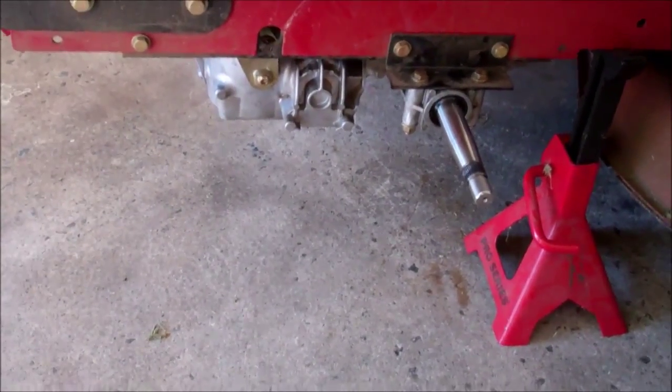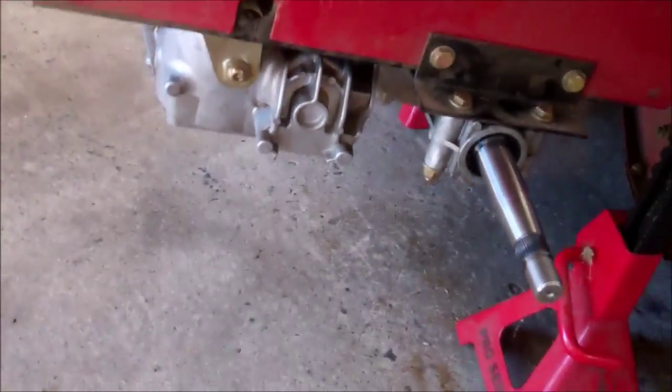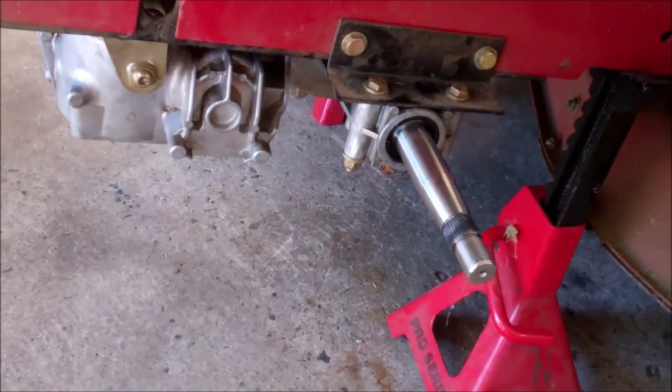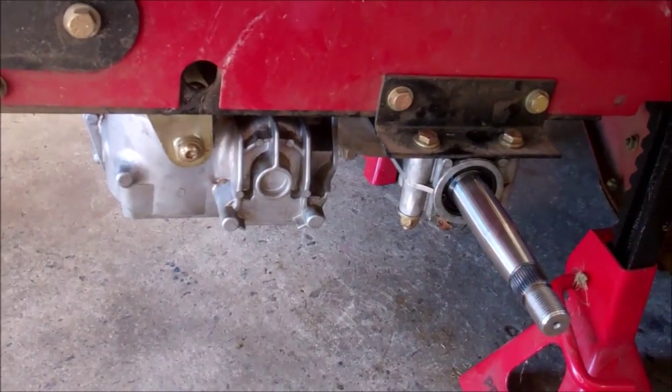Quick review of what I just finished so far. You're not going to be able to see much. There's an issue with me crawling around. I have artificial knees, so I'm going to do the best I can. Up inside, I just have to reconnect the drive pulley and the tensioner pulley,